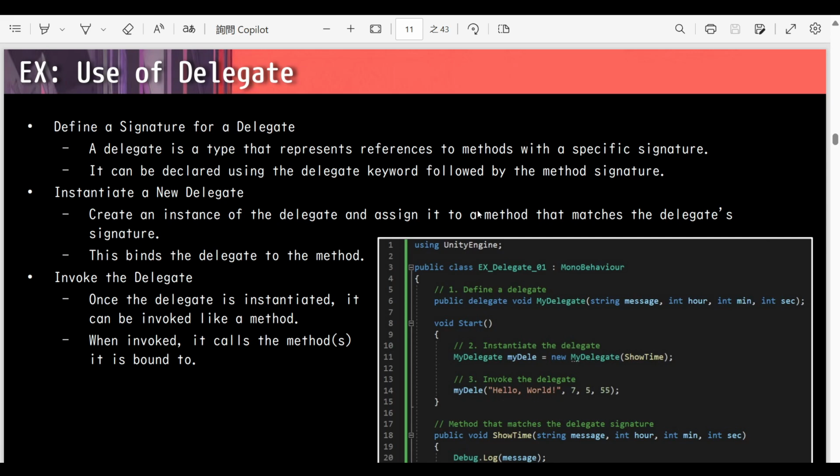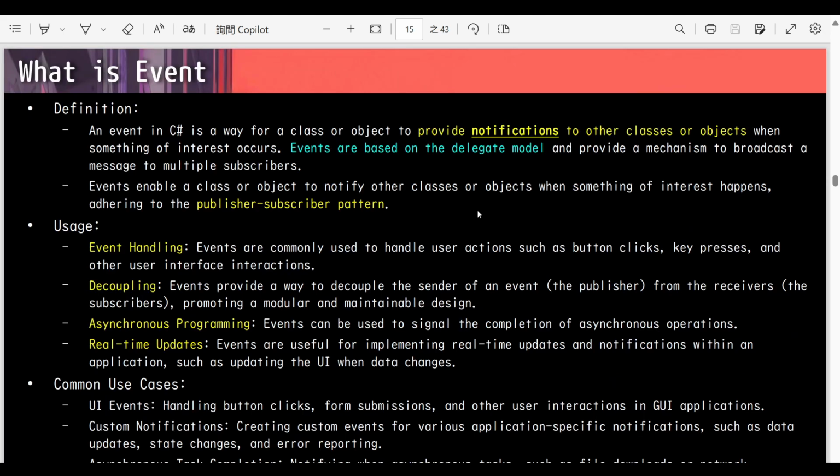Delegate is really powerful. You can take it as a common method. It's just acting like a common method. So you can call a delegate from anywhere. But for event, you cannot call invoke from anywhere. You can just call the event as a